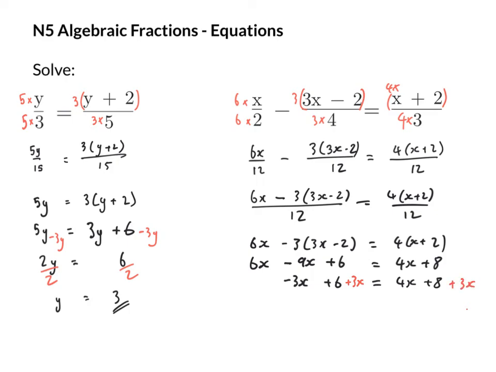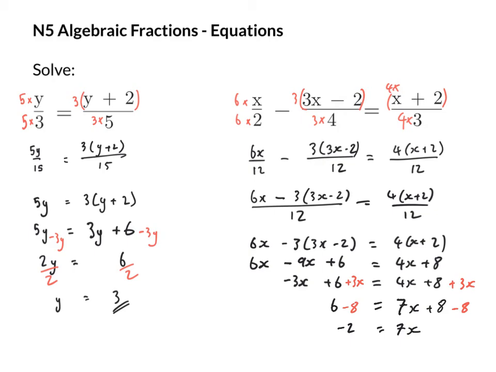So adding 3x to the left hand side will give me 6, because the minus 3 and plus 3, they're what's called a zero pair. They'll add together to give me nothing. 4x plus 3x on the right, well, that gives me 7x plus 8. I want the 7x on its own, so I'm going to subtract 8 to give me negative 2